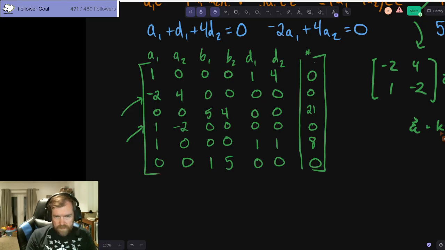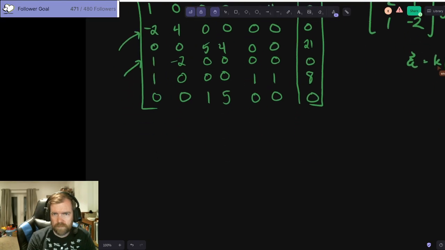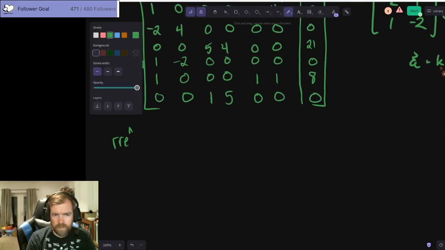I just got it by looking at the second row of this matrix. But perhaps for theoretical reasons it should be. Oh, I see what you're saying. Got you. Okay, so you're saying negative 2a1 plus 4a2, we can choose to be anything, so we'll just choose any scalar multiple of a vector. What would you say? 2, 1? Or 1, 2? 2, 1, yeah. 2, 1. Okay. Cool.